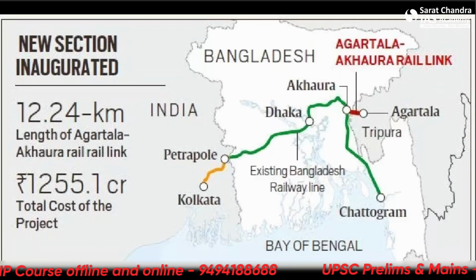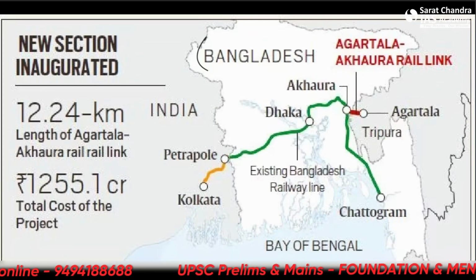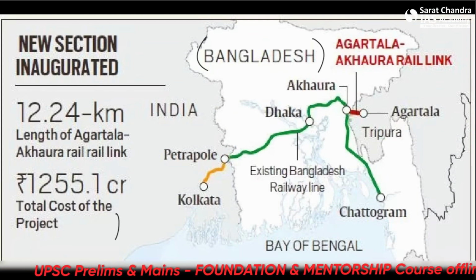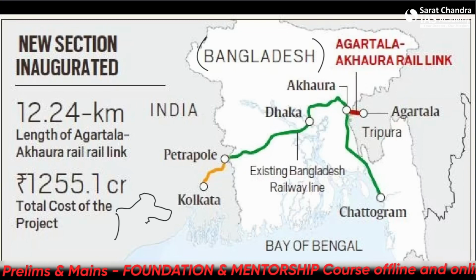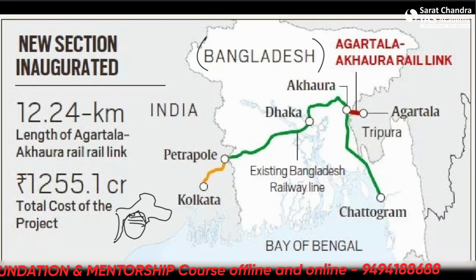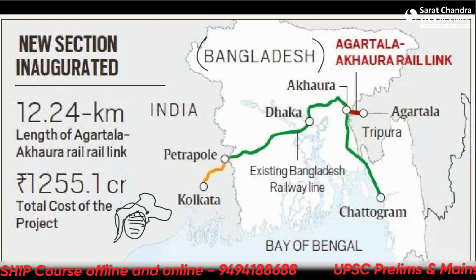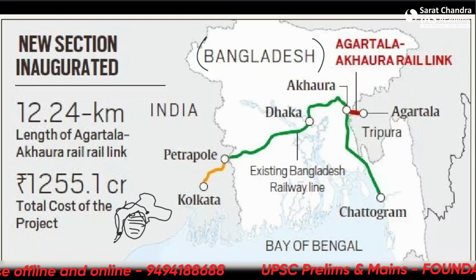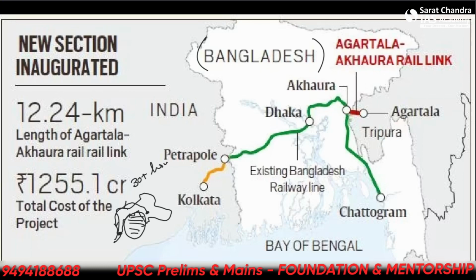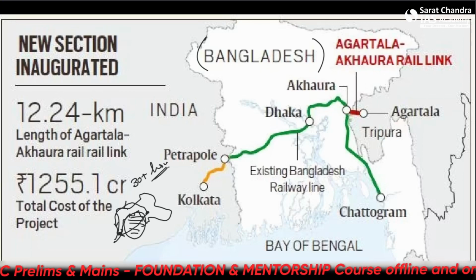Okay, so here's the mapping portion. You can see here Bangladesh. Bangladesh is sandwiched between India's east and the northeast, like this. So if we have to come from this point to, let's say, this point, if we are going like this, then it will take us around 30 plus hours. So we can use Bangladesh instead, and directly come here. So this has been done.